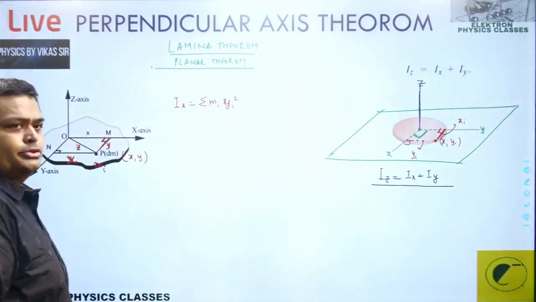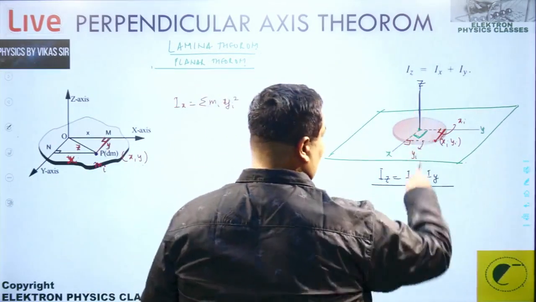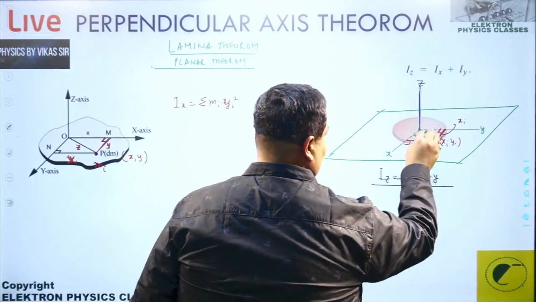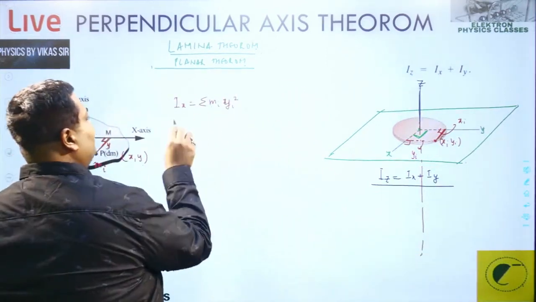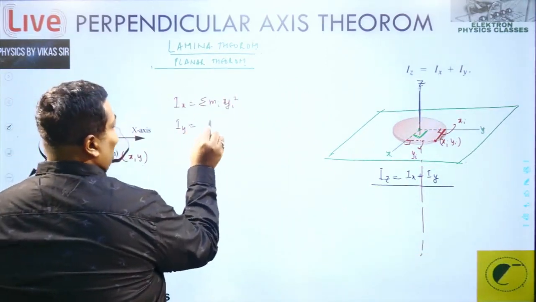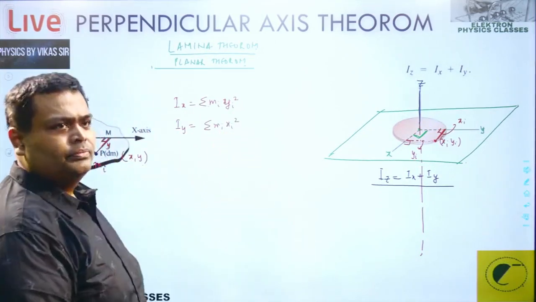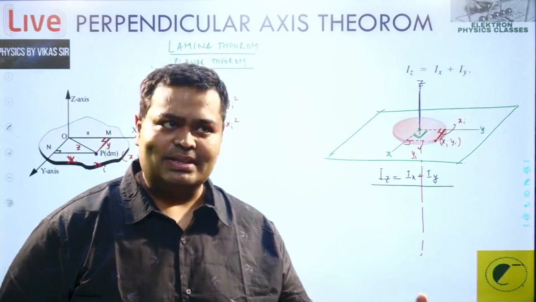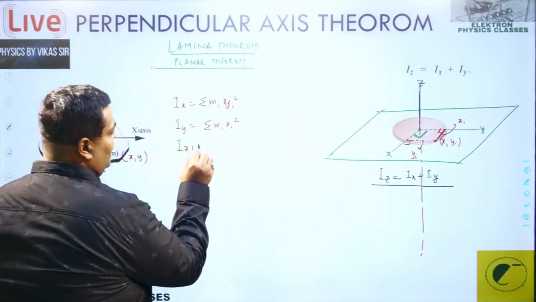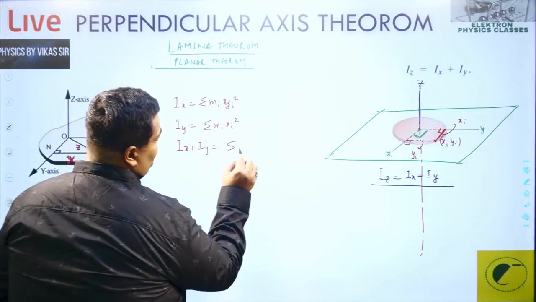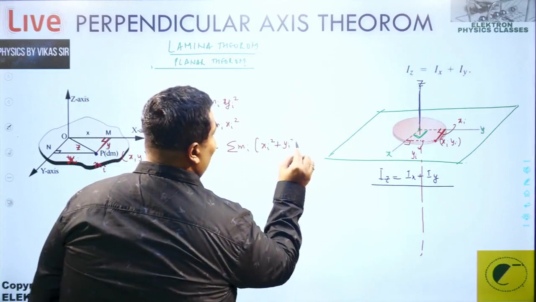And then accordingly we can have the z here also, this complete axis like this. Right? Now, the summation mi yi square about the x, and about the y that is summation mi xi square. That's simple. Y-axis perpendicular distance x, x-axis perpendicular distance y. Add it, that becomes Ix plus Iy. That becomes summation mi into xi square plus yi square.